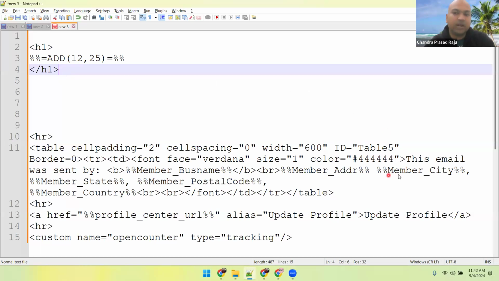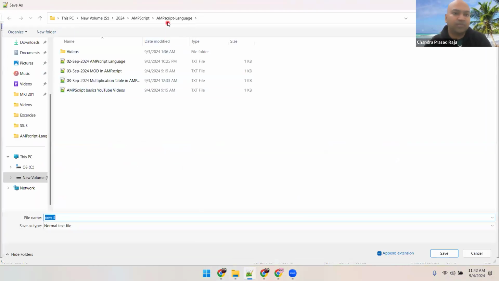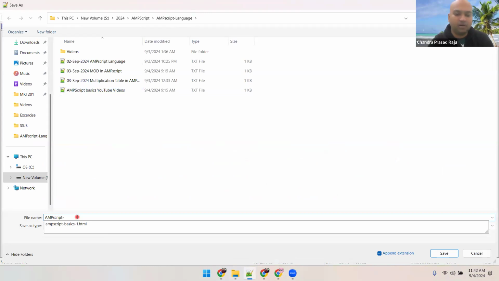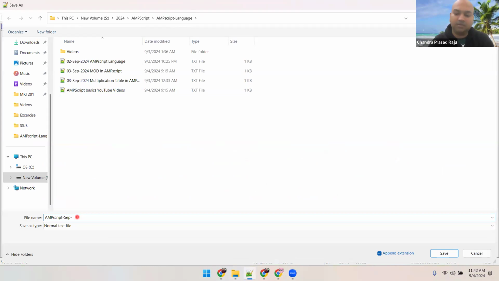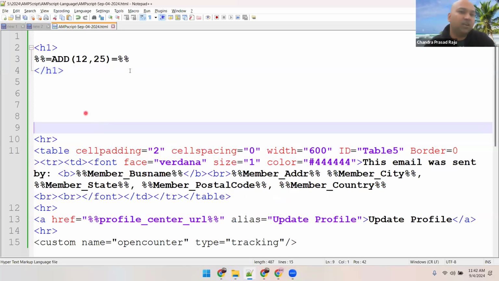Very simple things I'm trying to educate first, so that everyone is confident in AMPscript. To make it simpler and easy, I'll save this as AMPscript basics, September 4, .html. If you want, you can save it in any format. This is fine. I've saved it in .html. Okay. Now,